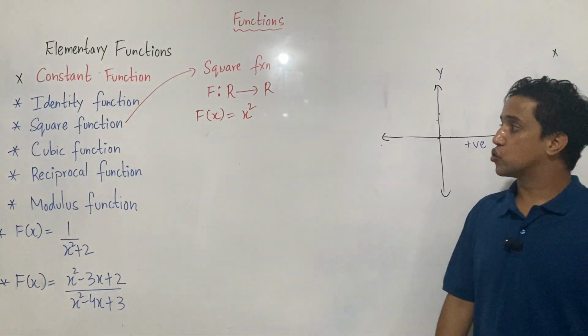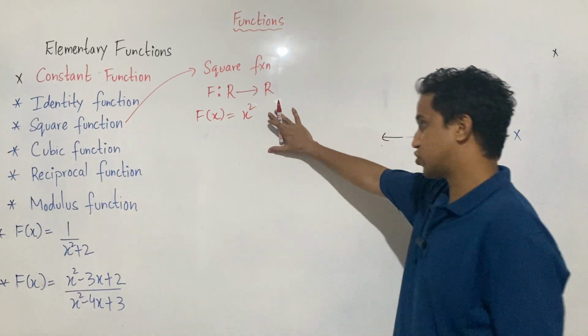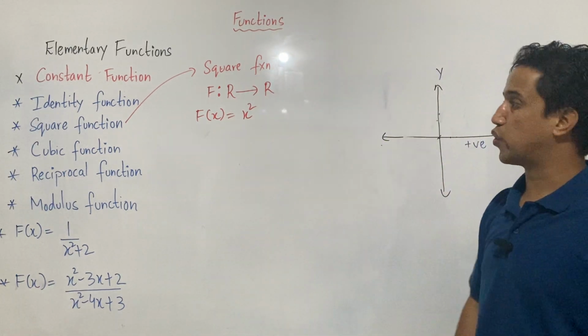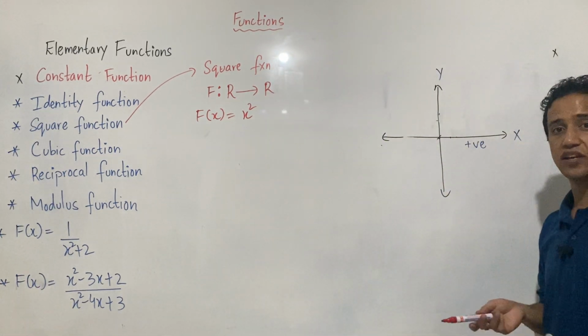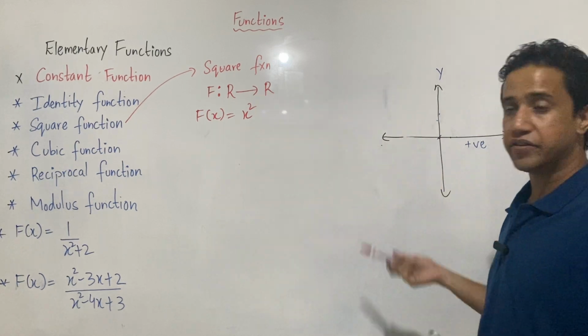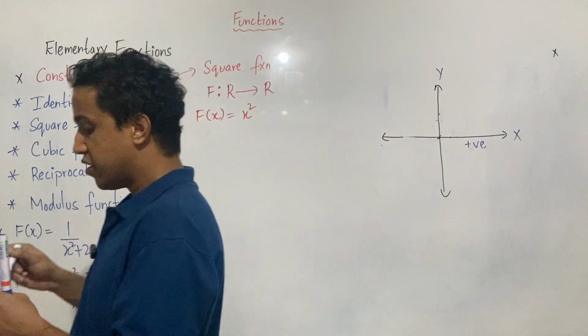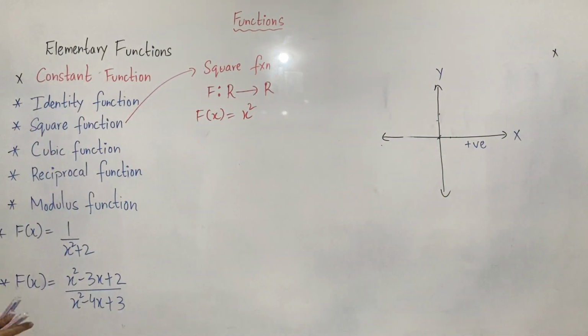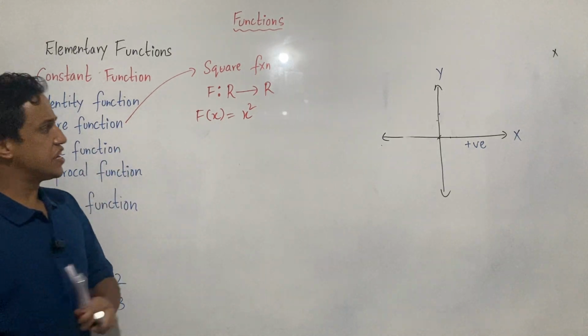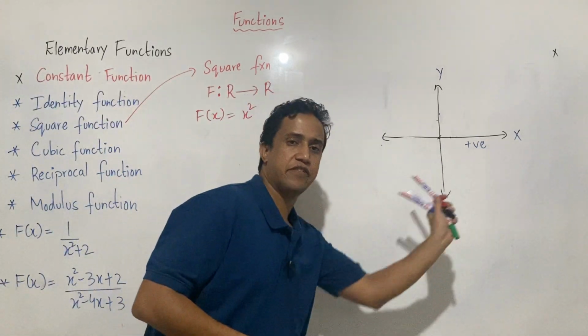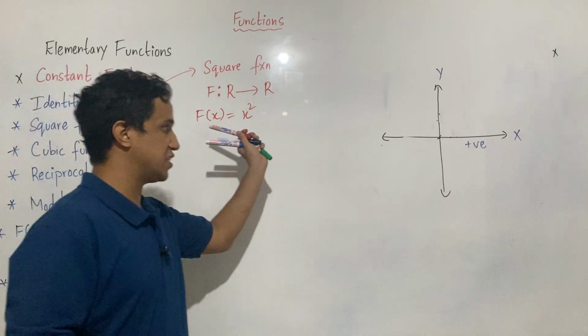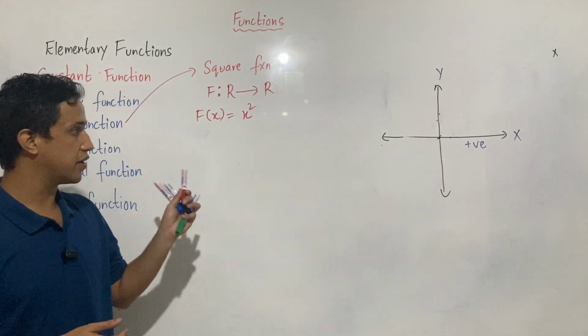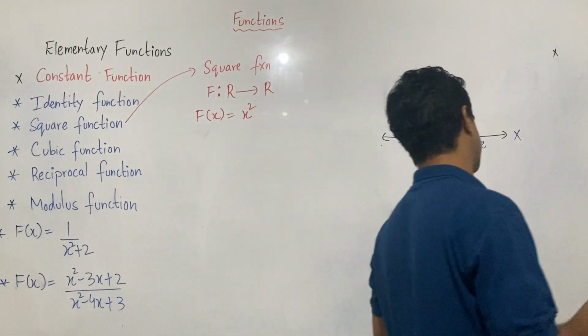Okay, so here we will try to understand what's going to be the nature of this function and what's going to be the domain and range of the square function. Okay, now if you draw the curve for this function, then what will you get? Now see here,